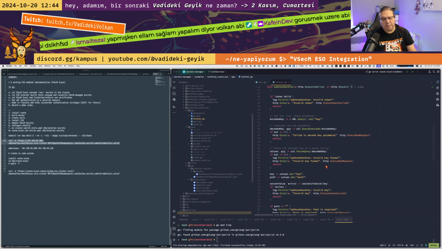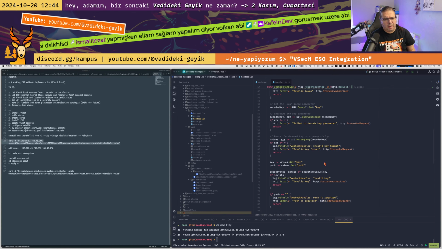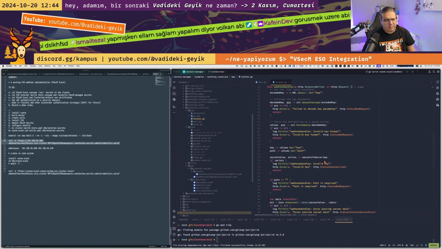That query string is in the form that is expected from an external secret operator client. From that secret string, it gets a key and a path. I'll show what that key and path entails. Let me briefly switch to